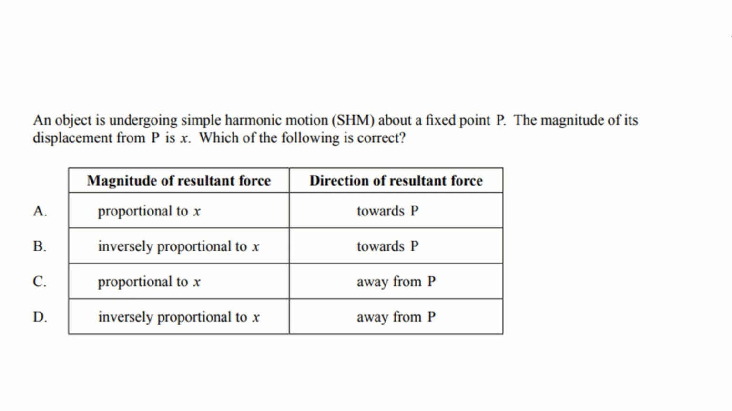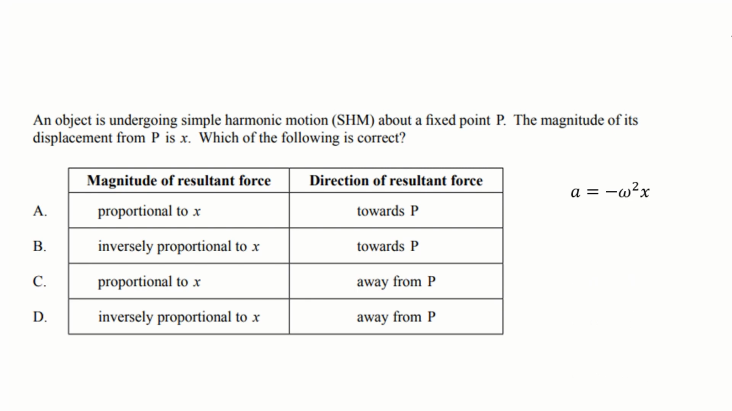We've got an object undergoing SHM, going about a fixed point P, and that is going to be our equilibrium point. We're asked about the magnitude of the resultant force acting on the system, and we know that the magnitude of the displacement is x. Okay, so whenever you're doing any SHM questions, I recommend you go to the base equation